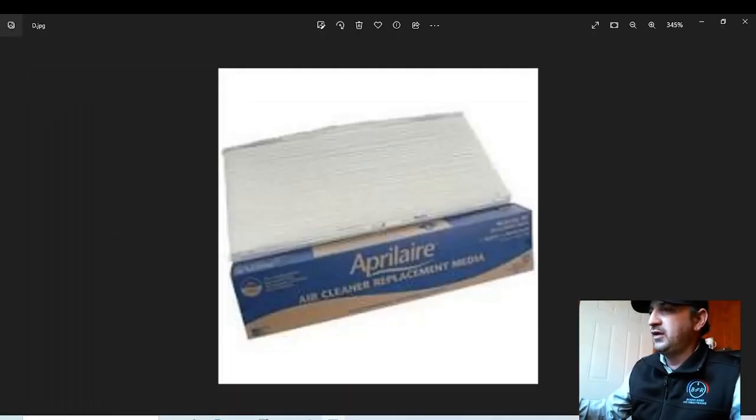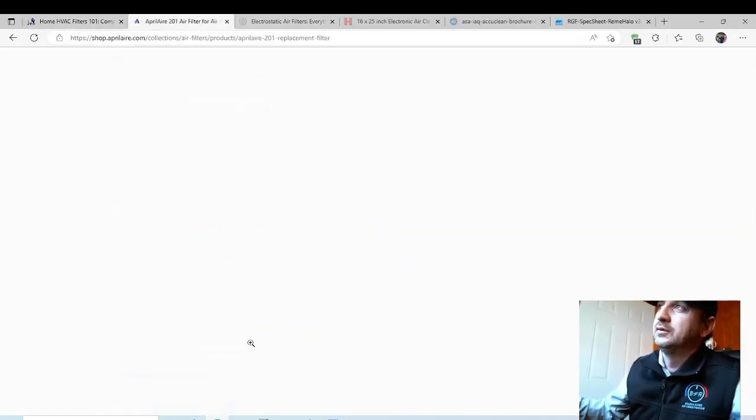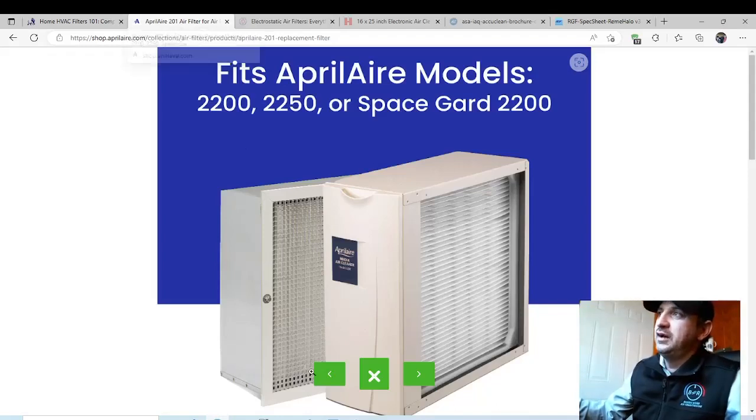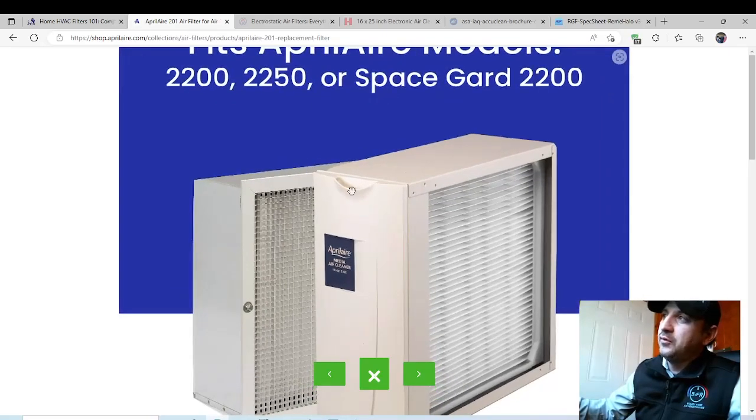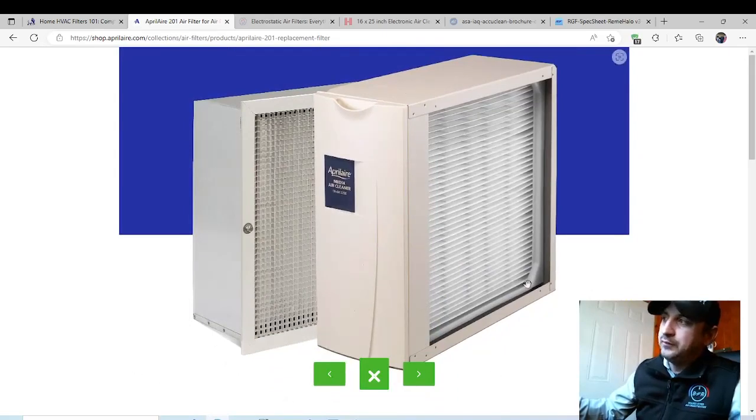So with that being said, let's move on to different ones that we carry and suggest. These are the media filter that I just showed you. As you can see, it's a kind of a plastic door with a little handle that you can pull back to you, and you pull it out, and you can't really see it, but you can kind of see the darker spots here running up and down the filter. Those are combs on the other side that kind of hold them in place, and basically you put it into this little